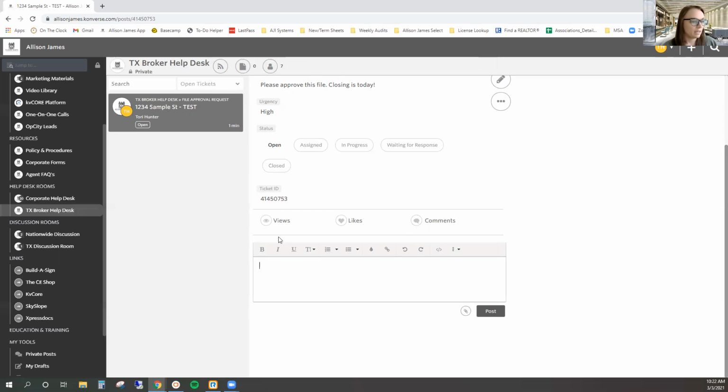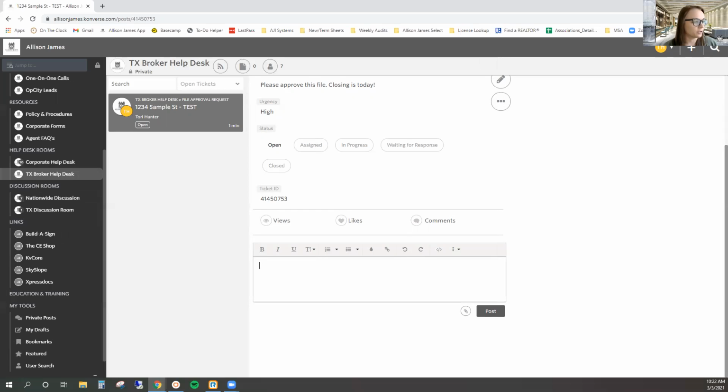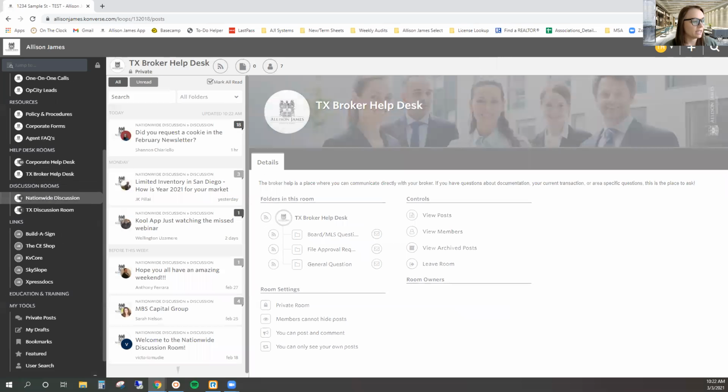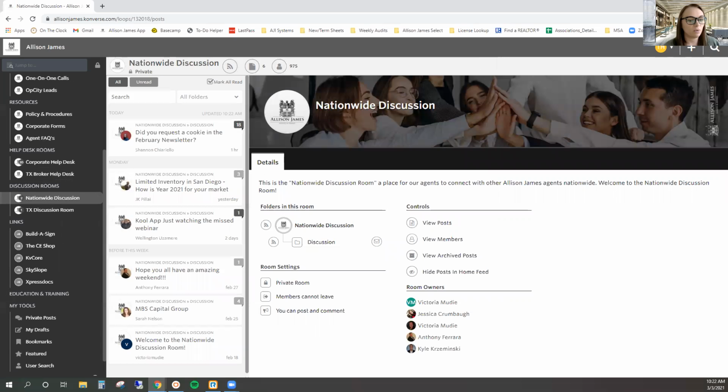Next, we have our discussion rooms. So the first one in here is a nationwide discussion. This is where you can openly communicate with all Allison James agents in any state. So a good example of using this nationwide discussion room would be maybe you're looking for an agent in another area. For example, let's go ahead and say,